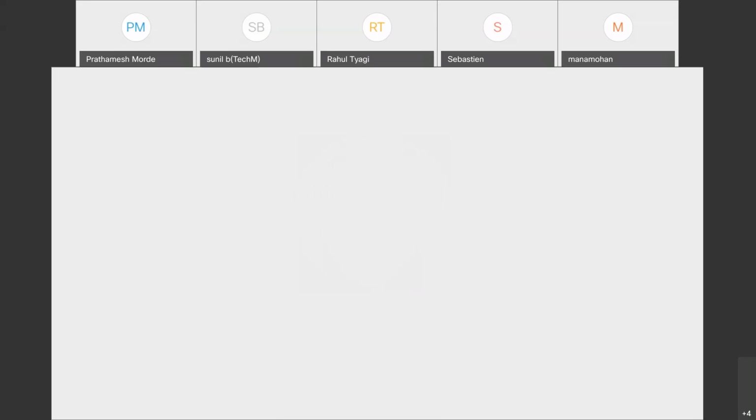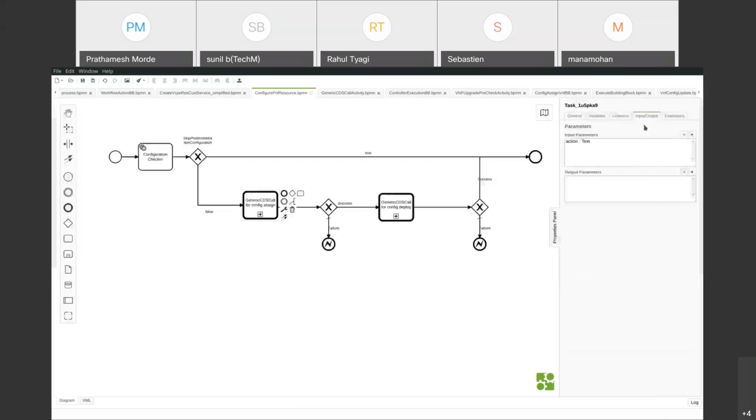Just showing it on my screen. Can you see it? I am sharing a BPMN which takes input as action as config assign,